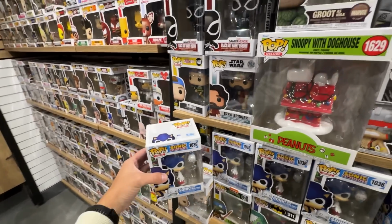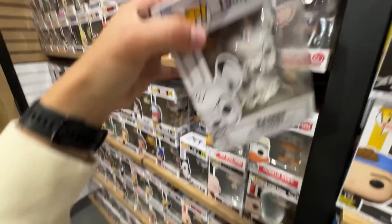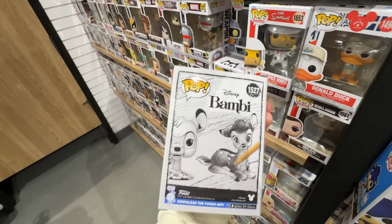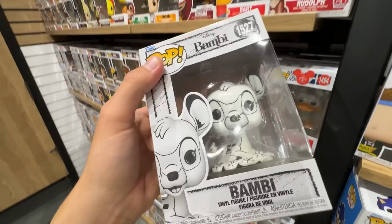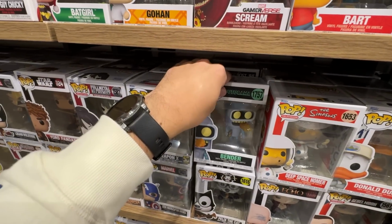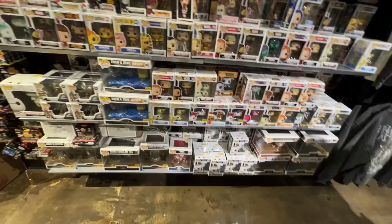But anyways, there's another look at Sonic with Chow. We'll have to see if we can find maybe the Shadow somewhere to see if we can show off the full set. This is a new pop I don't think I've ever seen before. It's like a sketched Bambi, essentially, kind of like the first early version of Bambi, if you will, you know, sketched by pencil. It's kind of a cool concept for a pop for sure. Simpsons, Futurama, not the ones that I'm looking for. It was a good thing we found them at the other Box Lunch, but over at Hot Topic, they did